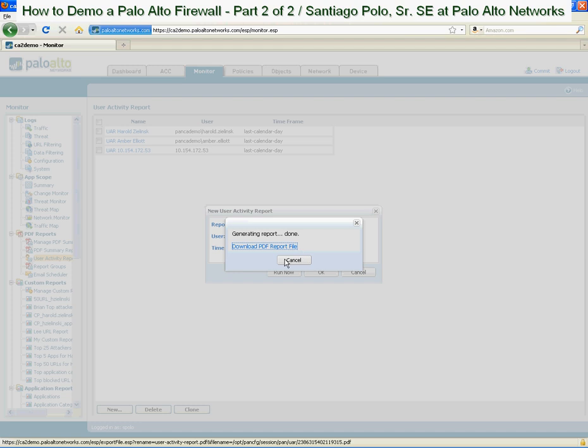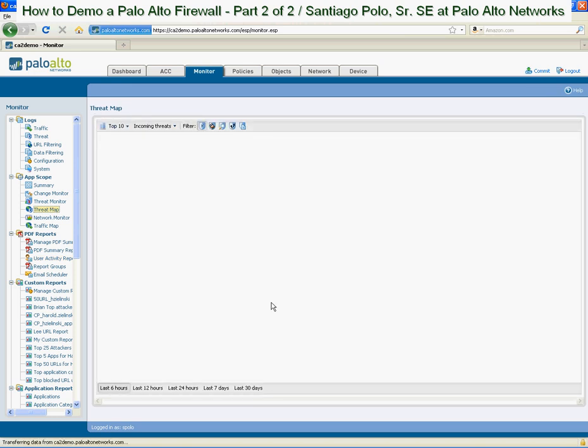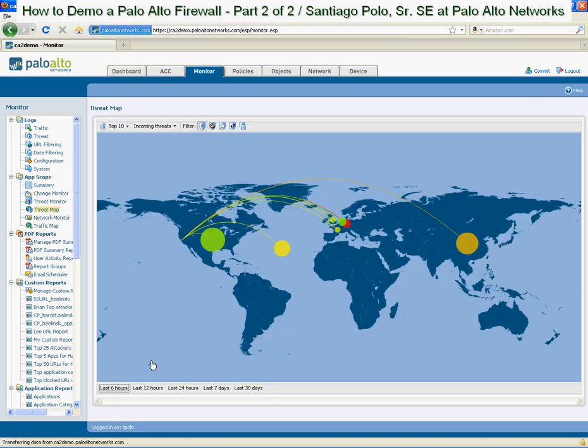You know, the last thing that I may or may not do, depending on the customer, it is a little bit of eye candy, is this threat map, where we'll click on this and we'll actually let this build over the last 6 hours. This shows us where our threats are coming from across the globe. A little bit of eye candy. We can see it actually in the report, in the logs as well, but just thought I'd throw this in there as one last interesting component. But again, great thing